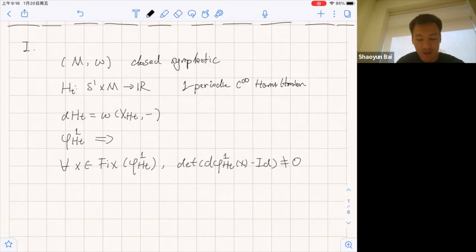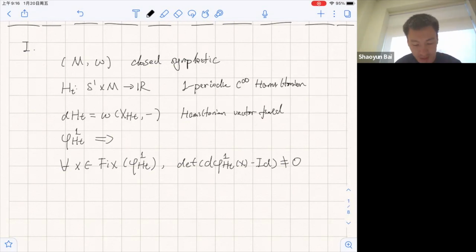As usual, I denote such a thing using the notation H_t. And from that Hamiltonian, we can cook up its Hamiltonian vector field,